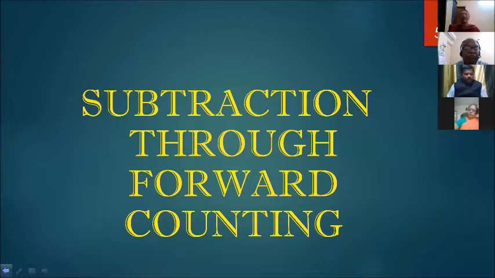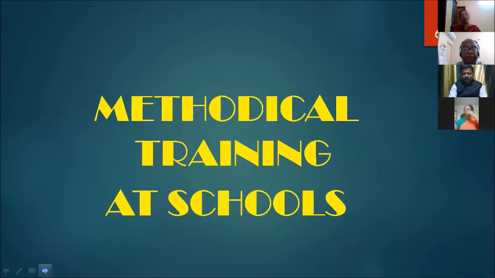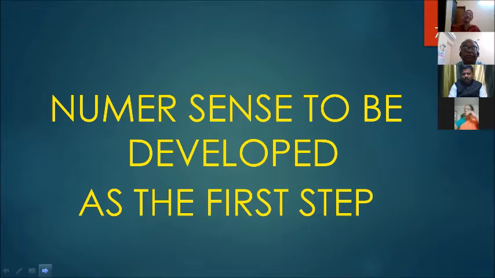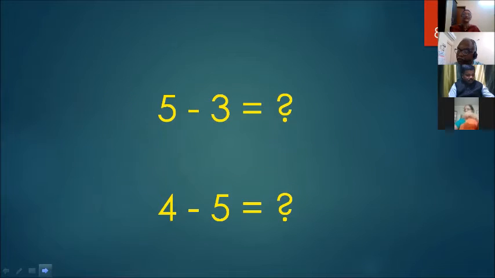However, there are a lot of ways in which subtraction can be taught. It can be through manipulatives, through an abacus, through objects, and so many ways. But as adults, we can conclude that number sense is to be developed first, like how we did for addition, the same way for subtraction. As usual, the comfortable numbers and then the benchmark numbers. These are the basic numbers the child has to be taught. Once the child is okay with that, the child will be able to learn subtraction.